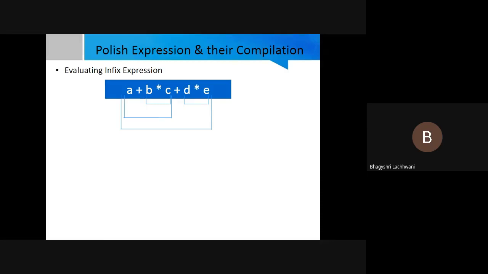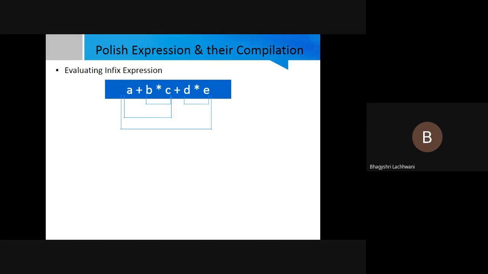See, in any expression, there is a mixture of operands and operators. Just take an example. If I am giving you an expression A plus B, now in A plus B, A and B are termed as operands, and plus is termed as an operator. That means whatever is the calculative part, plus, minus, multiplication, division, caret, any power, any expression that is given, you have to calculate, that is termed as an operator. And whatever values you have to put in, those are termed as operands.